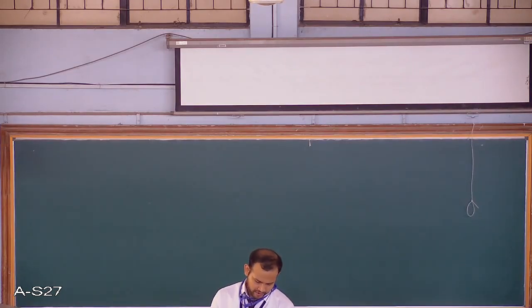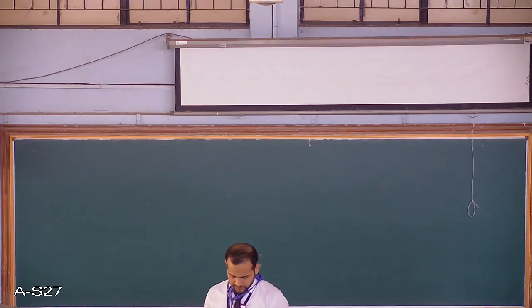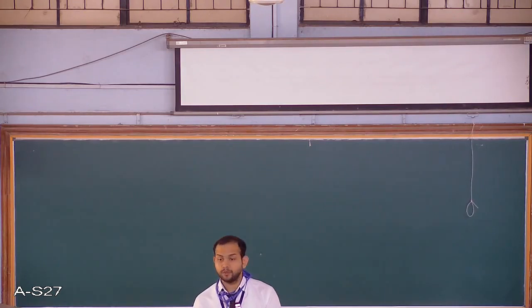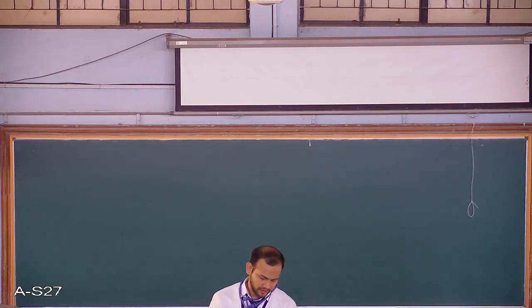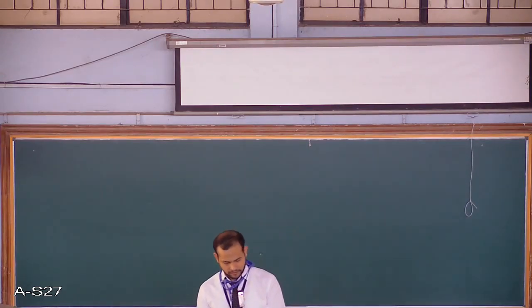We'll come to the direct shear test now. So first is a very basic problem from the lab test. I'm reading out example number 18.1. It says that there is a table given. There are two columns. First is normal load and the other is maximum shear force, or the shear force at which it failed.